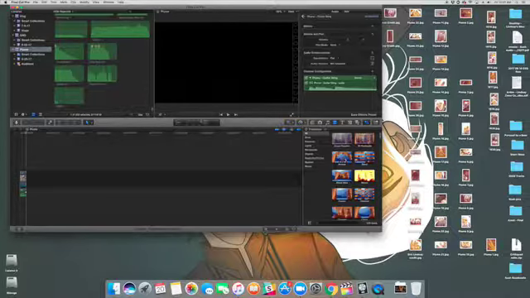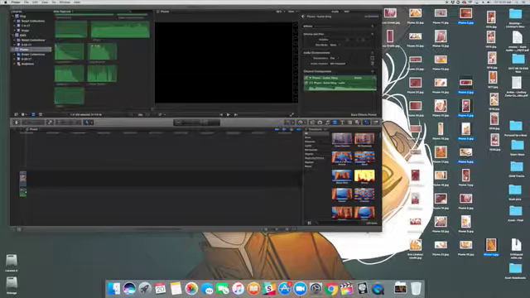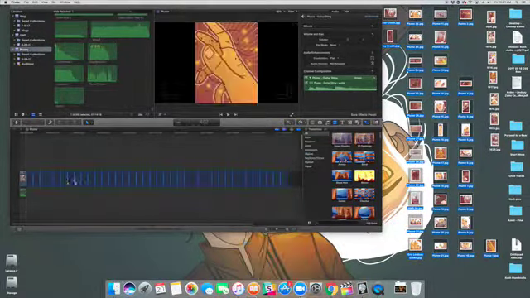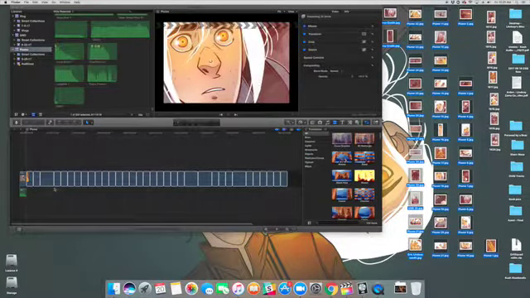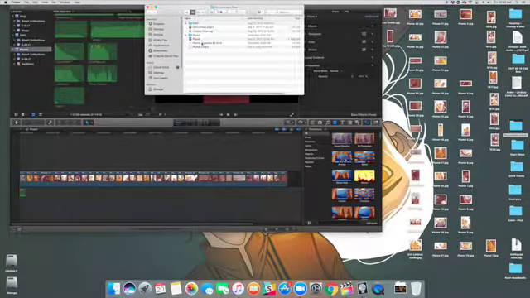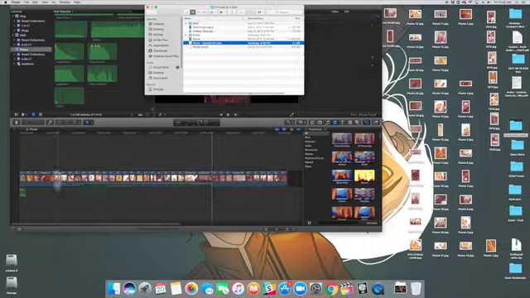Now we are going to go over to Final Cut Pro, which is what I use to edit all of the elements of an episode together, the visuals with the audio. So this is my empty template. I have the title card at the front with the theme music underneath. And now I am dragging over all of the panels that I've already edited for this episode into the project line. Then I go and find the finished audio, which I've already exported, and drag that into the project as well,